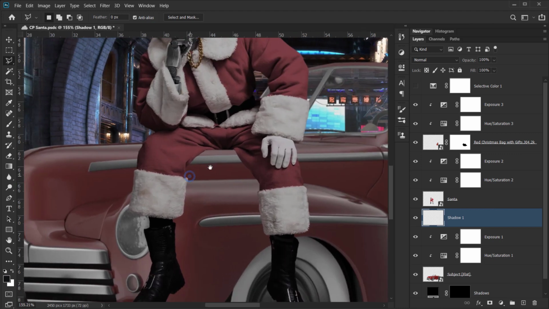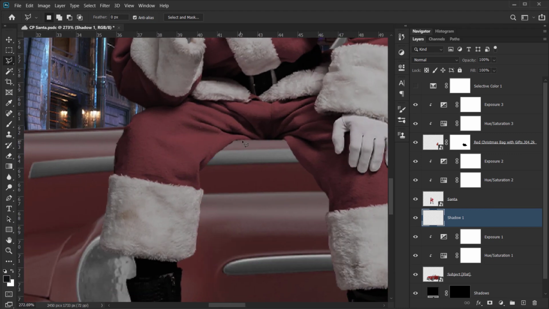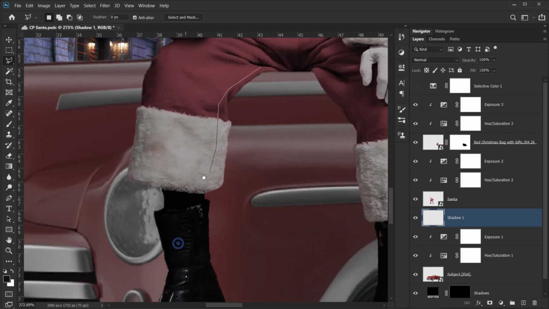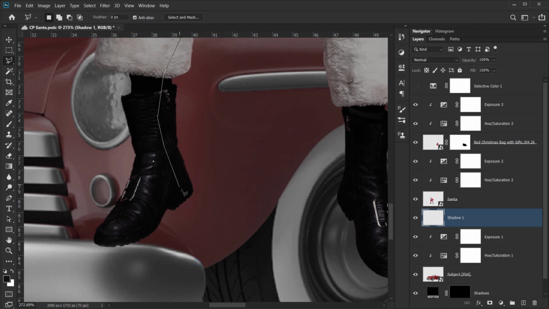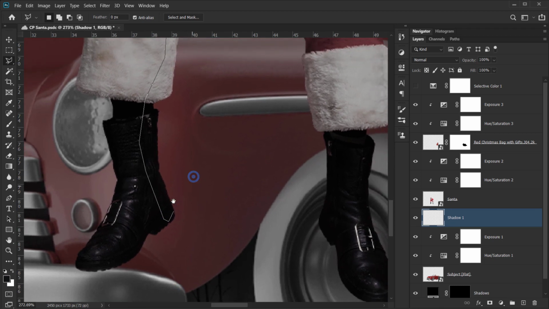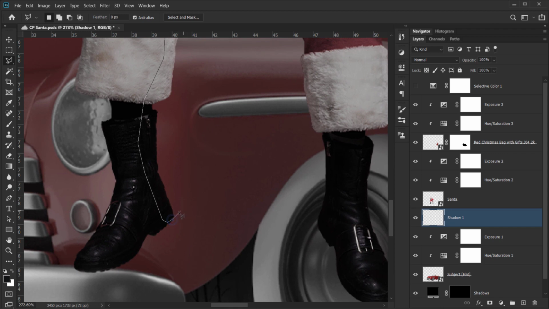And then I will use my polygonal lasso tool, and I will just make a shape just inside for now. Then I will come to this point, and I will just do a contact shadow, a very small one. So I like the shape of the polygonal lasso tool, following